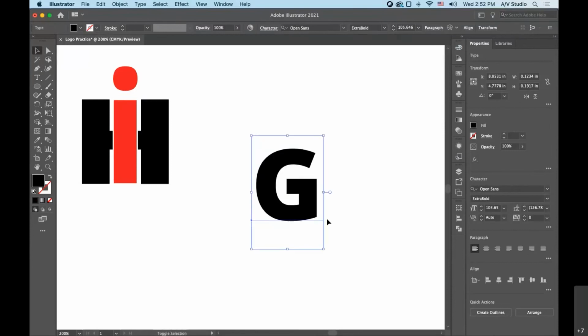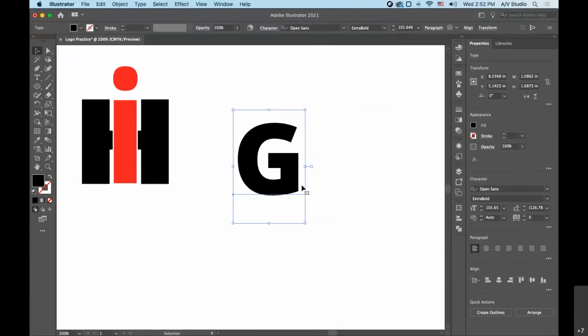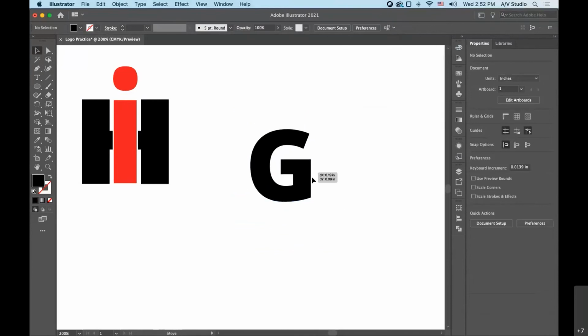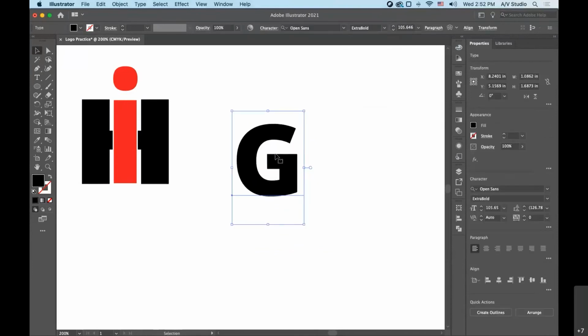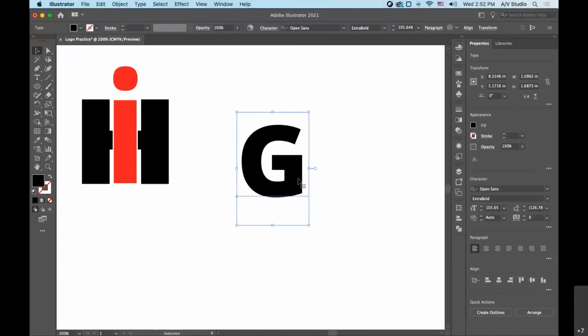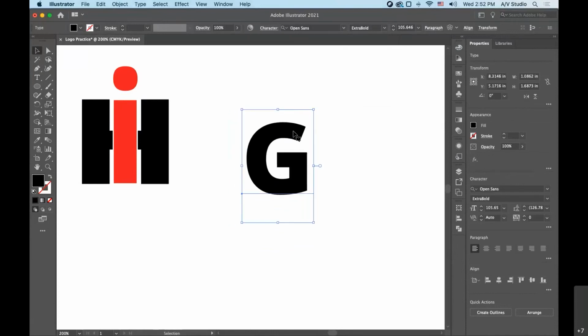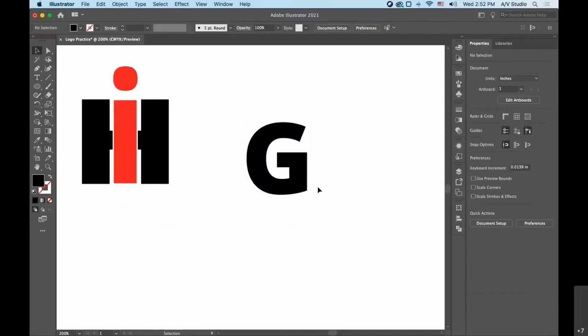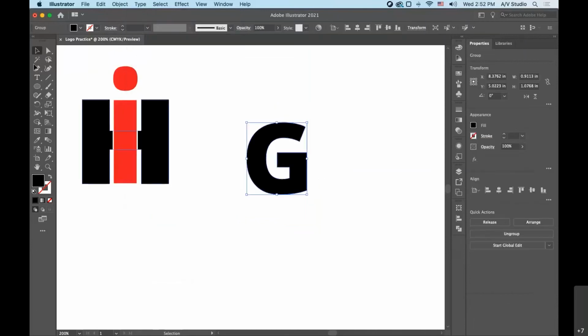I am not sure what font the Google G is. It probably is not a font. It is probably something that they paid lots of money for somebody to draw. And this is not going to look exactly like it, but I just want to use it kind of as an example. So basically, it's broken up into different colors. So if we convert this to an outline, so Type, Convert to Outlines, then again, we have a shape that looks like a G. And I'm going to grab my line tool and just start kind of in the center,